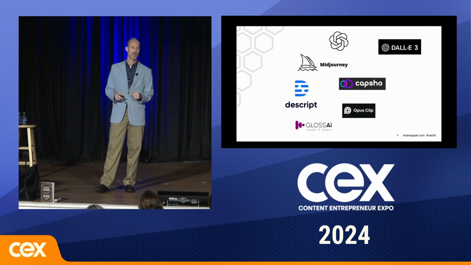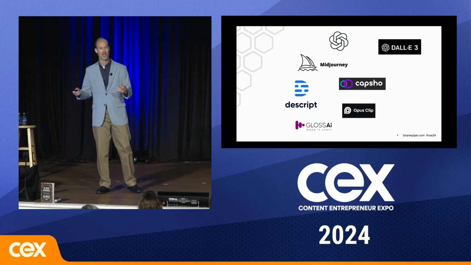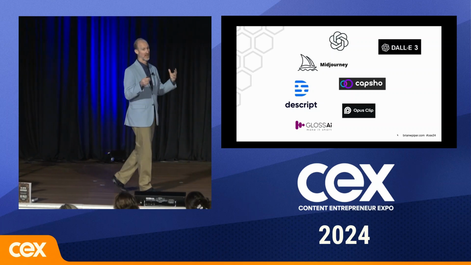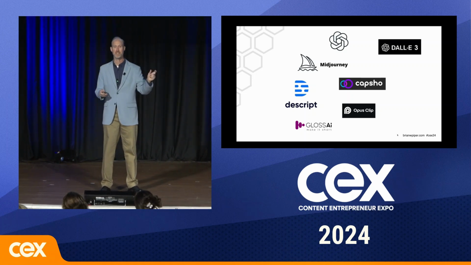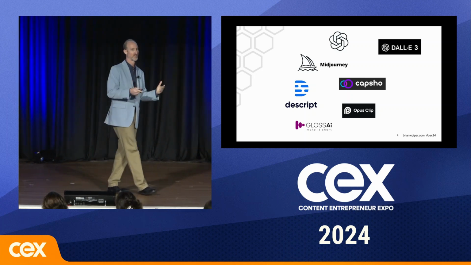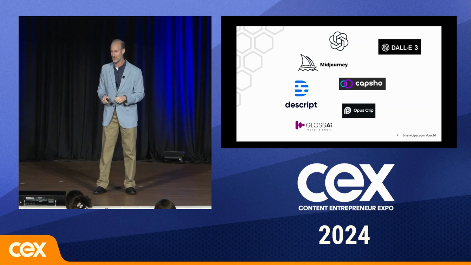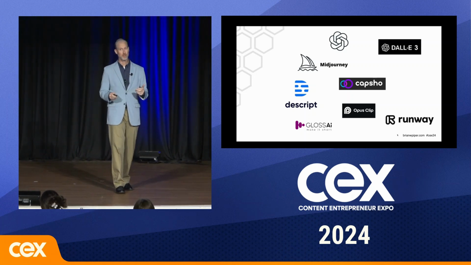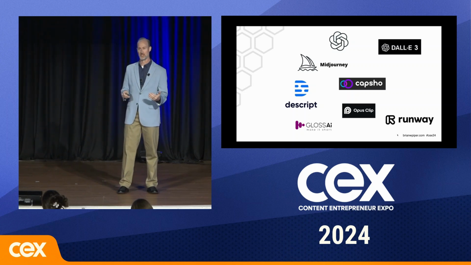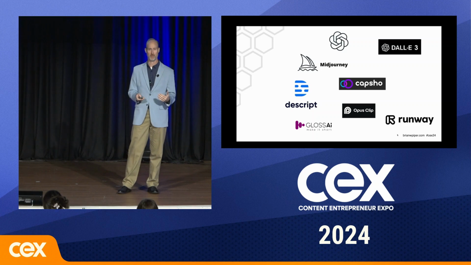Gling AI and Opus Clips are great ways to repurpose video content. So you have long-form video content, you can take that and, dynamically and automatically, it will go through and pull out the key elements from that content, and it will make shorter versions of that for social posting. It'll automatically put the captions on it. Incredible time savers. Runway is a text-to-video tool. We're going to see a lot more of this, especially through the end of this year. We're going to see all sorts of new text-to-video tools being launched.